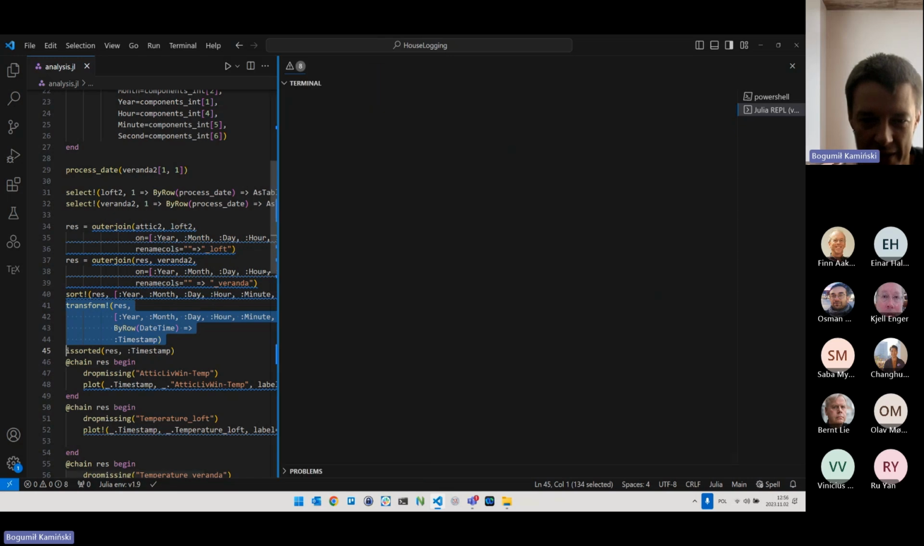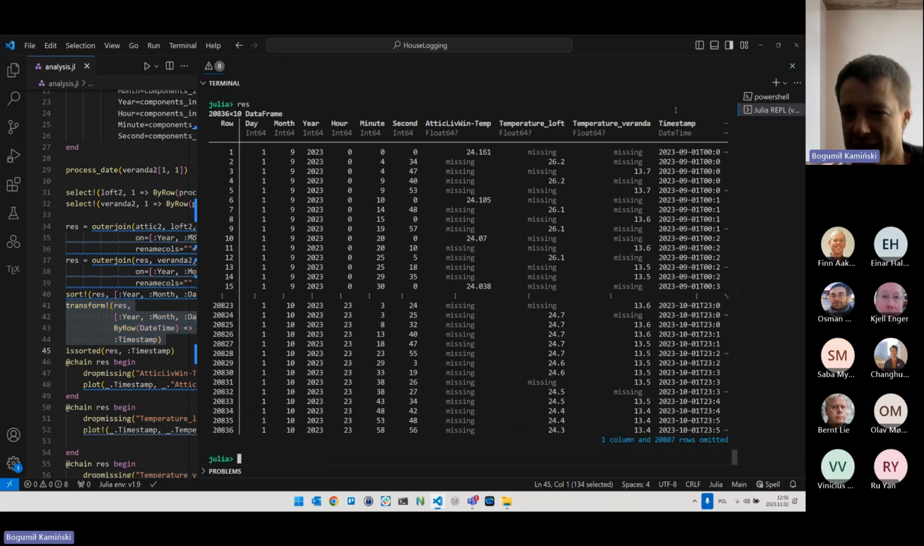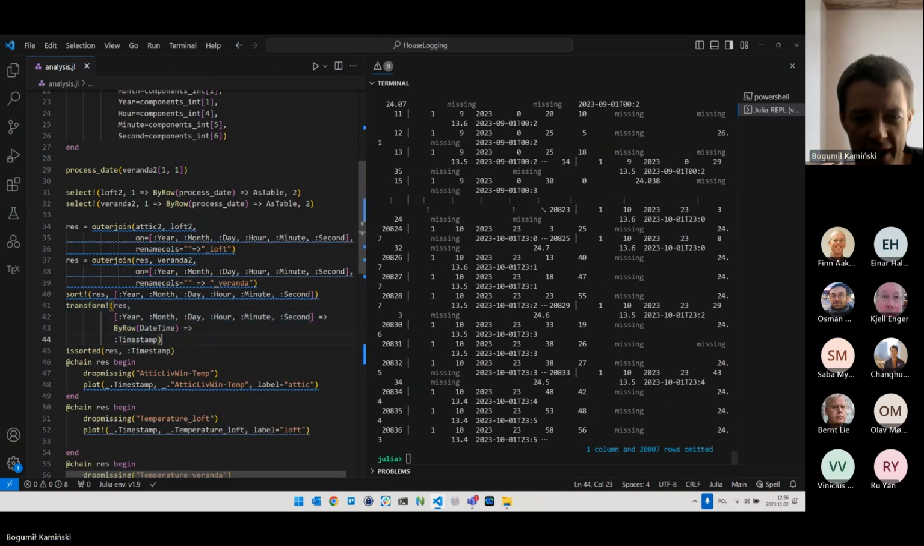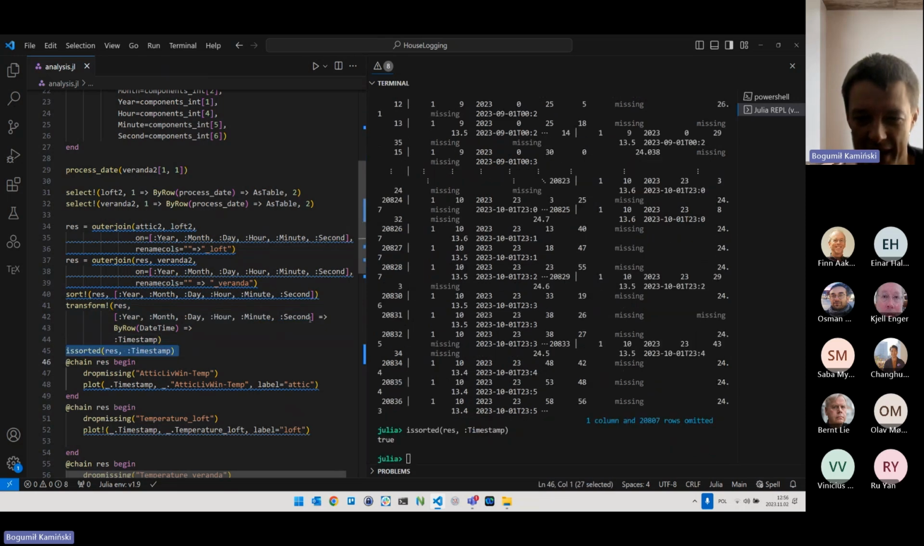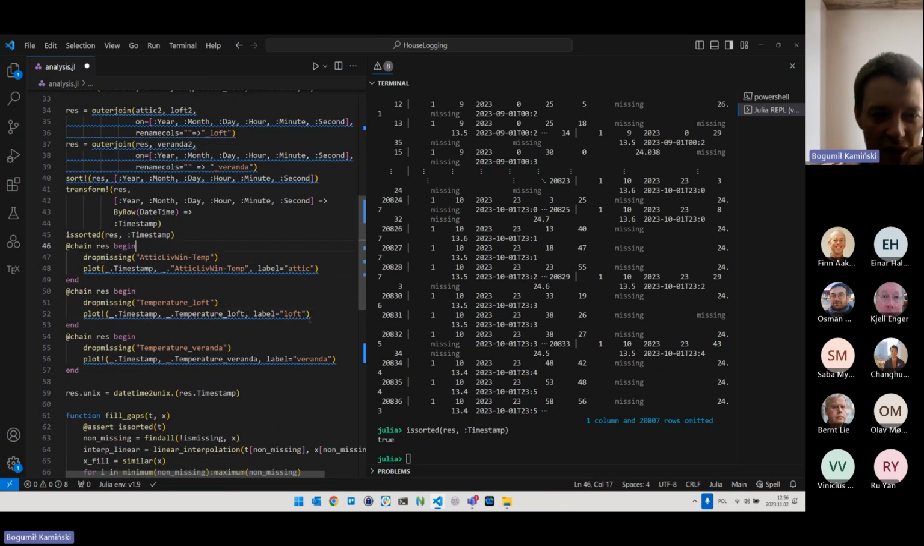So again, I have created this timestamp object, and now it is indeed a single column that is a timestamp that we can work with. Let us maybe check that indeed our data frame is sorted by timestamp, and indeed it is. And now the first part of analysis is to check how our data would look,